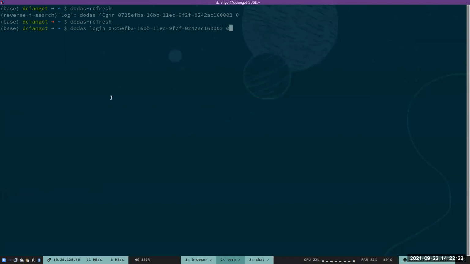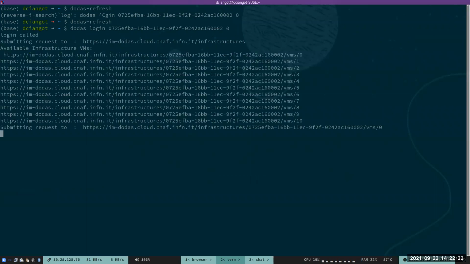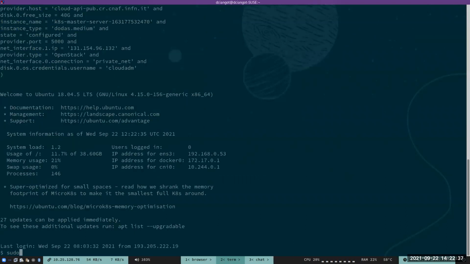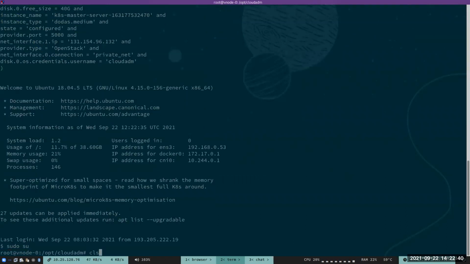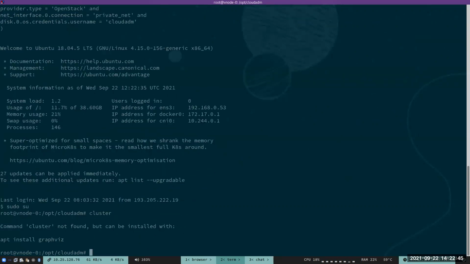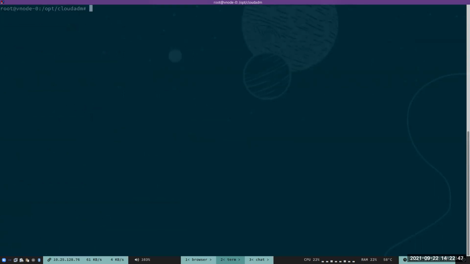And if you can see this screen, we can log in to the master node with this convenience script provided by DODAS, and in a while, the login node should appear. Okay, clear. And then, just to let you understand that I'm running on a